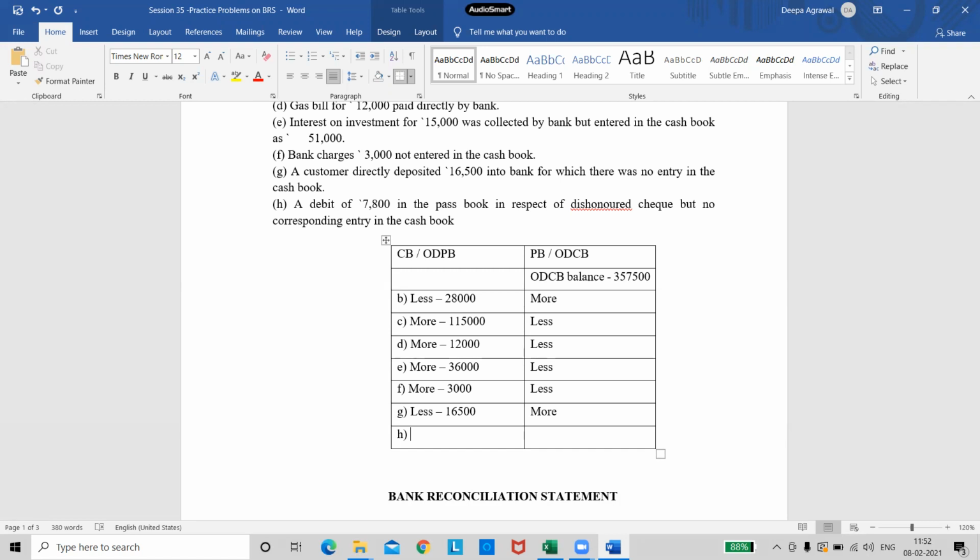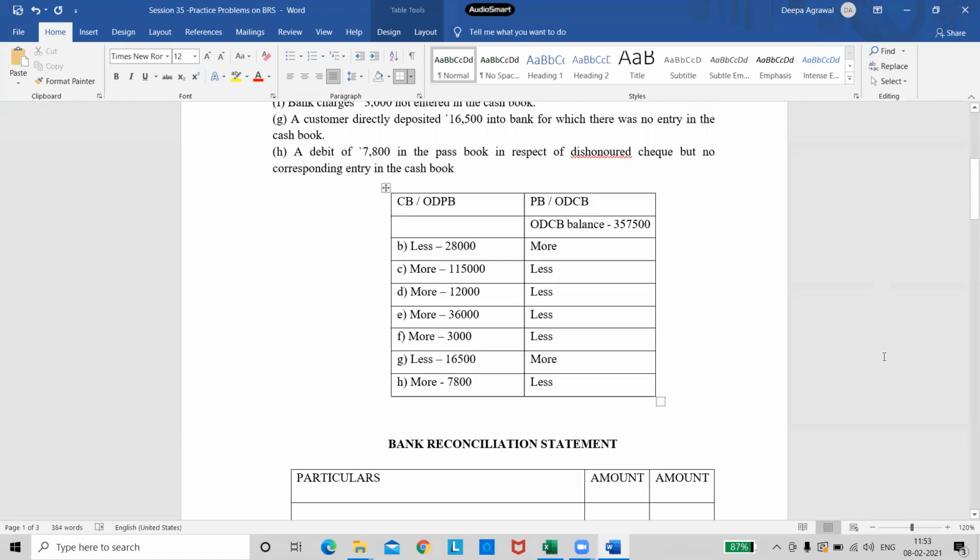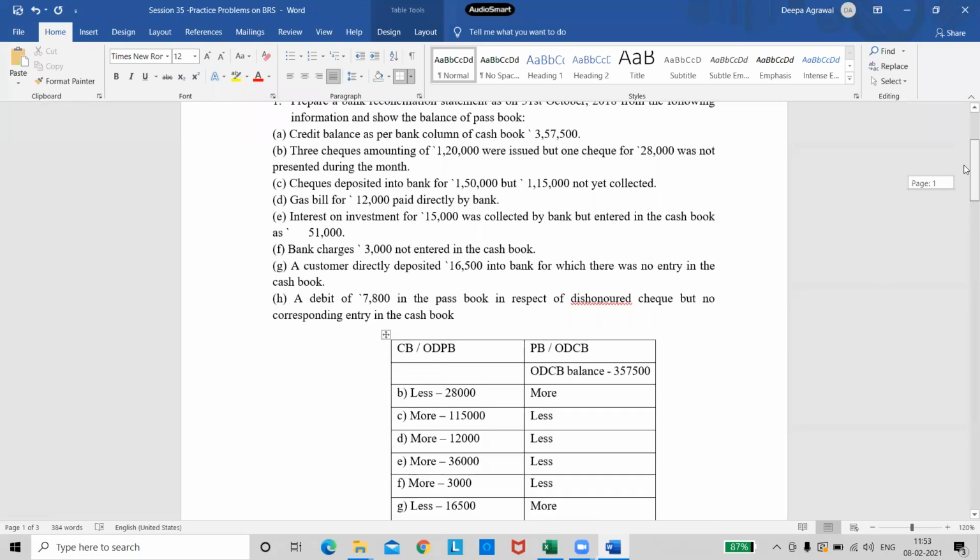So that means passbook balance will be less, right? Now what he is telling, the debit in passbook, he is not telling that it is a payment. He says this debit in passbook is due to dishonor of a check. So check has been cancelled, and that debit in passbook is not recorded in the cash book. So as you said, the passbook will record it first, and passbook balance will be less because it is dishonor of a check, cancellation of a check. And automatically my cash book balance will be more by 7,800. So we are done with the working notes. Anyone has a doubt in the working notes part? No, ma'am. Do I need to repeat something?